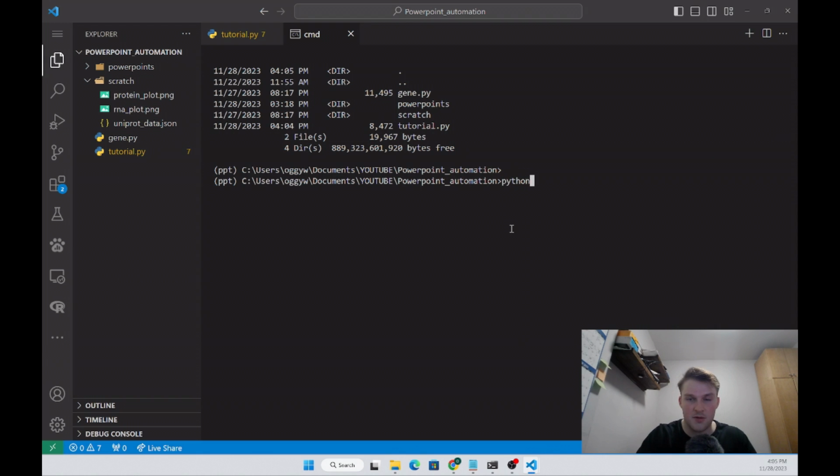We're basically going to do python tutorial.py, and then we're going to supply a UniProt ID. Okay, and for this example, I'm going to use the UniProt ID for the protein P53, which I believe is P04637. And if we run that,